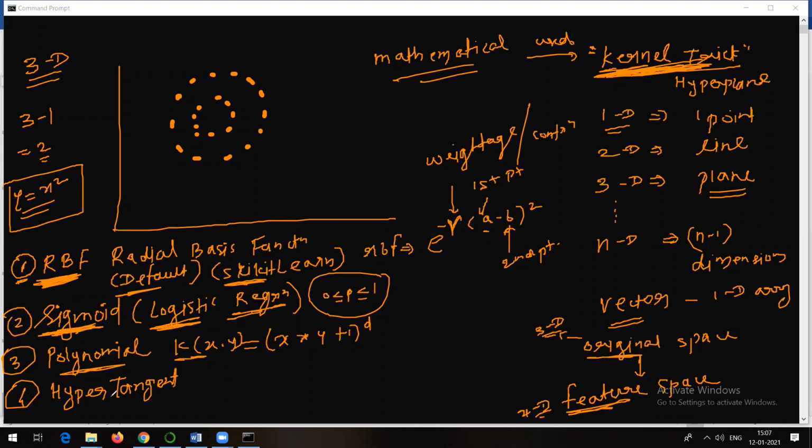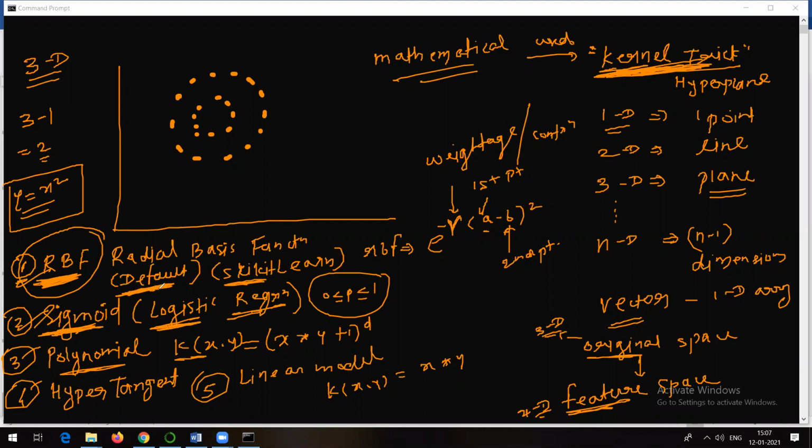Those who are aware of Google TensorFlow and all those things might have come across it. There are near about 14, 15 functions which are available, right? So hypertangent. There is something called, just now we talked about the linear model, right? So the linear model also, like we already saw the equation, k of x y is equal to maybe x into y, something like that. So yes, these are the functions which can be used inside kernel theory. But it has been seen that the best result is almost always given by RBF, the radial basis function, in almost all cases. And that's why this is the default method.